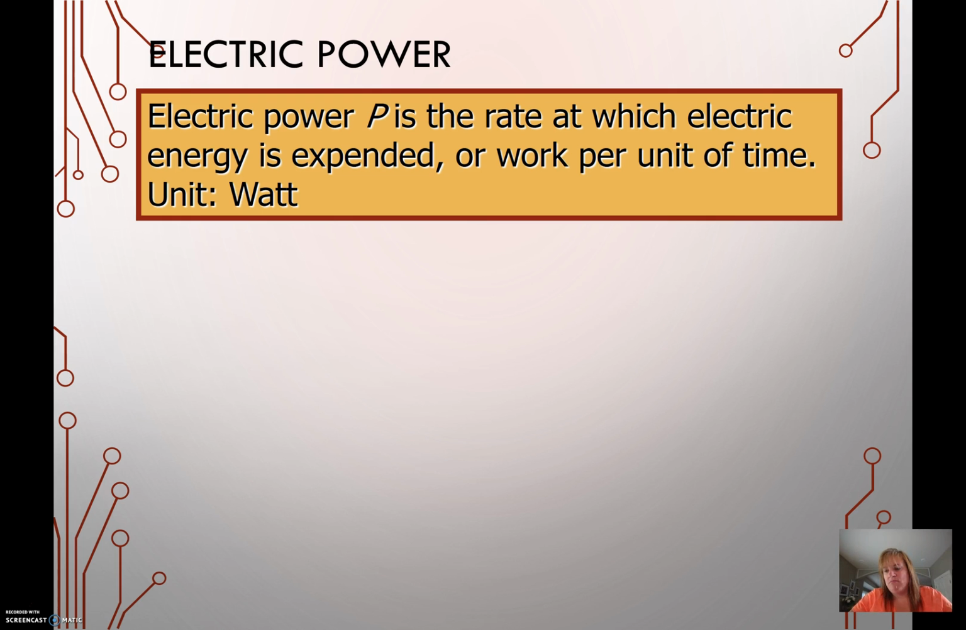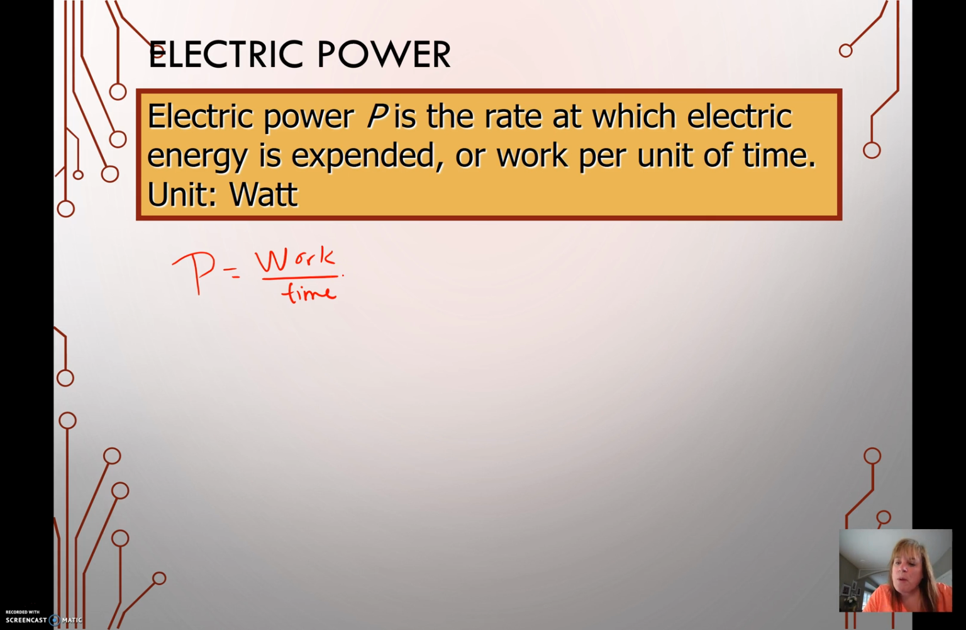All right, let's move on to power. Electric power is the rate at which work is done. If you remember power from AP Physics 1, right? Power is the rate at which work is done. Or in this case, we're talking about the rate at which electrical energy is expended. Now, let's think of it this way. If power is work over time,